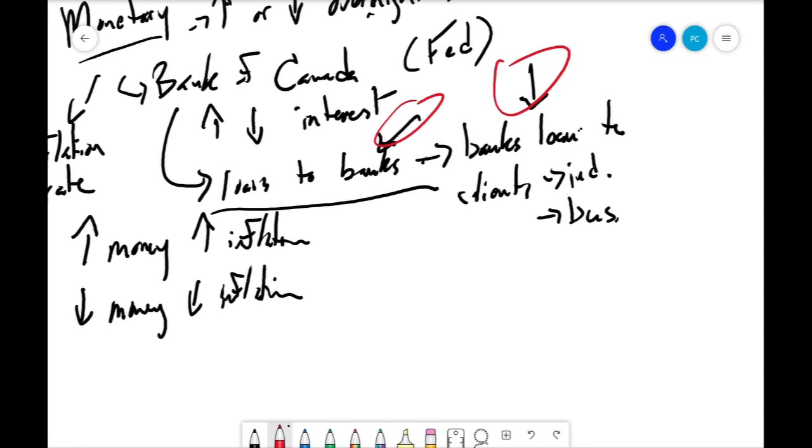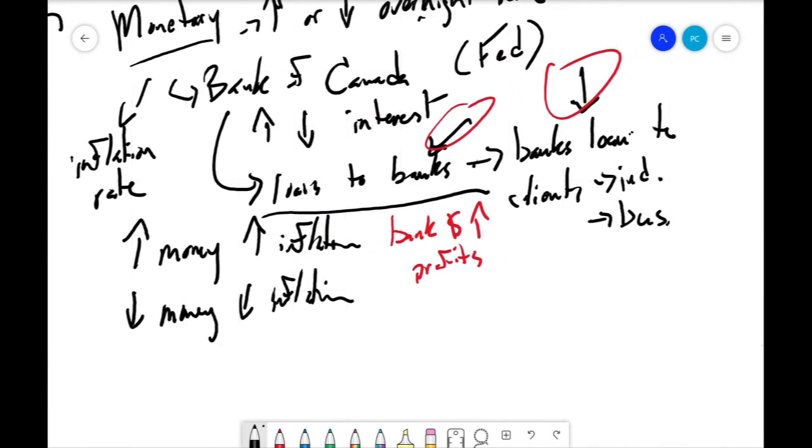Sometimes the Bank of Canada lowers the interest rate and makes it cheaper for banks to get money, and then they don't pass it on to their customers. And basically then the bank is just increasing its own profits, right? That's happened before too. That happened after 2008, which for various reasons was completely a nefarious thing for them to do, but whatever. Anyway, that's the idea, that to stimulate the economy, you get people spending by making money cheaper to acquire. So it's cheaper to get a loan, cheaper to buy a house because you're paying less in interest.